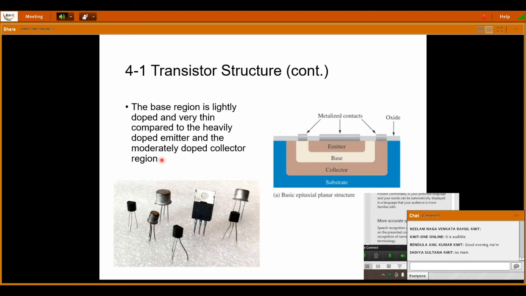Now this image shows the practical transistor available in our lab, in the form of an IC as well as in the form of discs. We have it with three terminals, and there is an extra element on the cap, which we call a notch. From the notch, the immediate terminal must be the emitter, and in an anti-clockwise direction, the next terminals after the emitter must be the base and the collector. Okay, right.